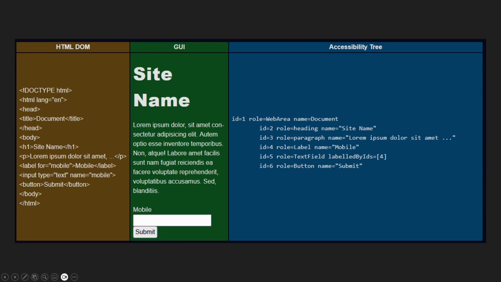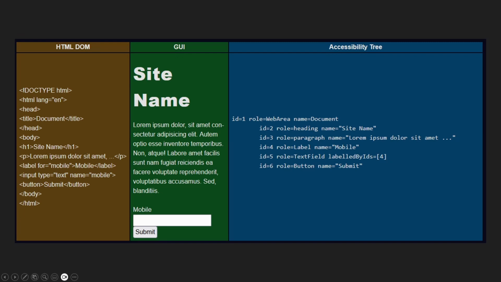with all the names. Now, something that you might have noticed is for our label and our input, we've actually linked the two. So where the ID is 4, that's our label for mobile, and you can see that in the GUI there.